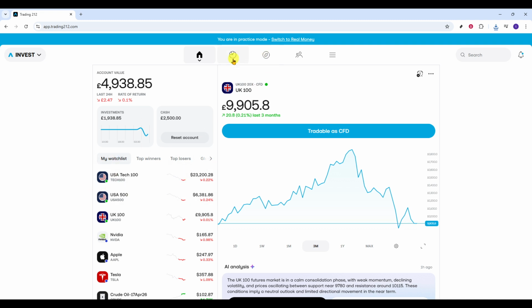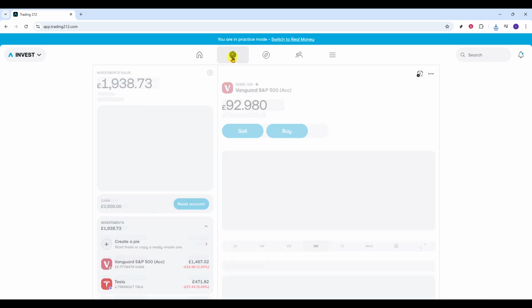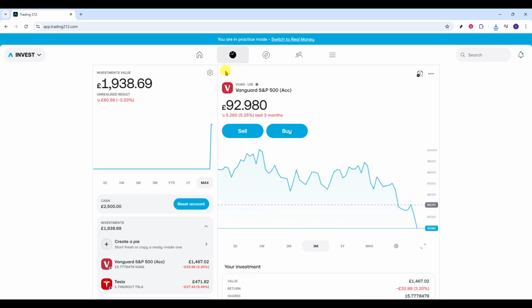Next, look for the highlighted area shown in this guide on the main dashboard. This highlight points you to the section that provides quick access to your portfolio information and related options. Click directly on that highlighted element to open the panel you need. If you don't immediately see the highlight, try maximizing your browser window or reducing zoom to 1 so the controls